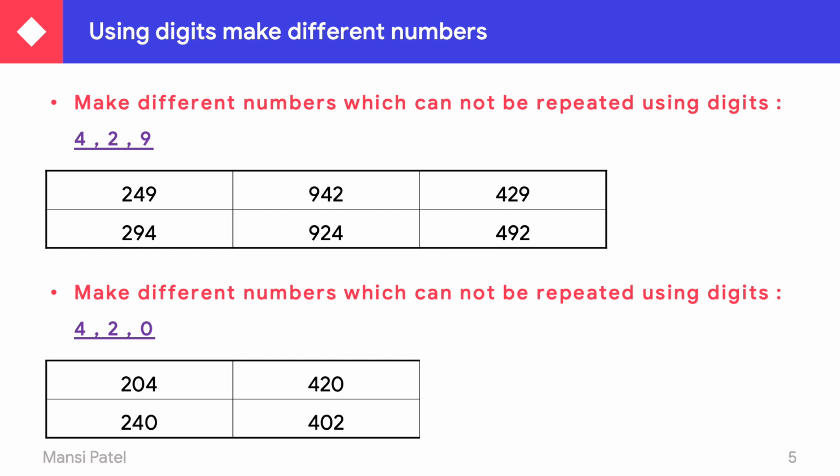So it becomes 402. Now we cannot start our number with 0. If we start our number with 0, then it is considered as 2-digit number. But here we have to write down the 3-digit number only because they were given 3 digits to you. Therefore,